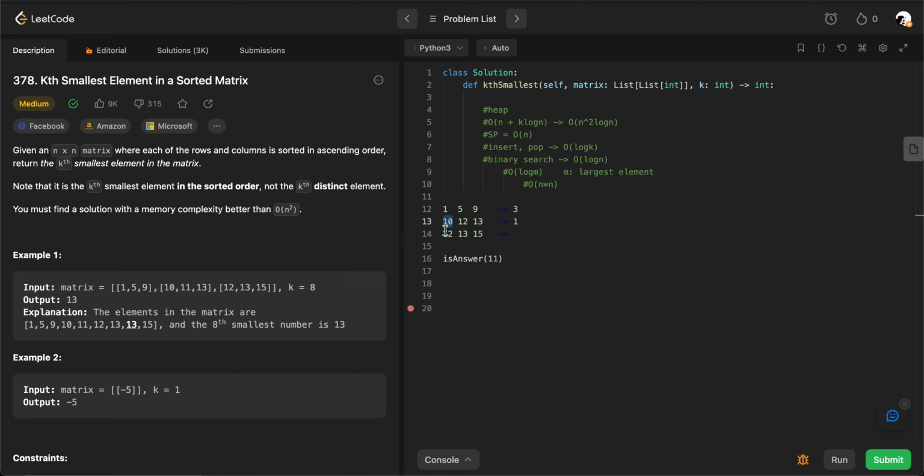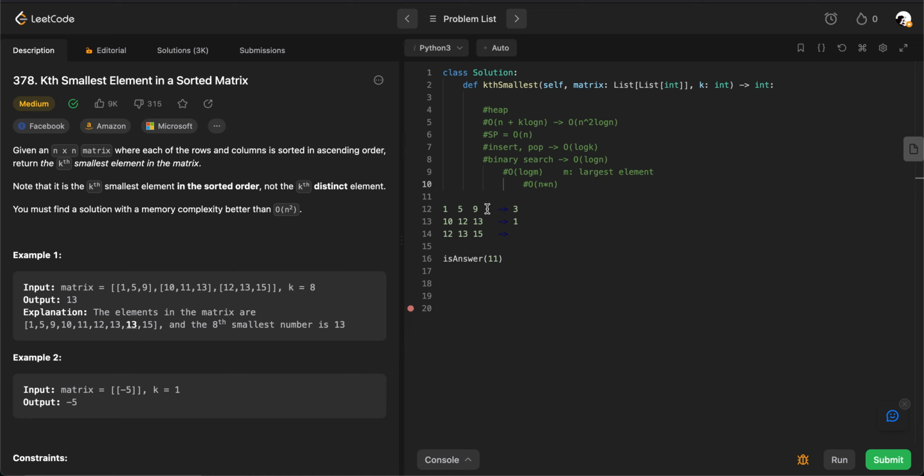Do we still need to look at the beginning of the next row? I think we still